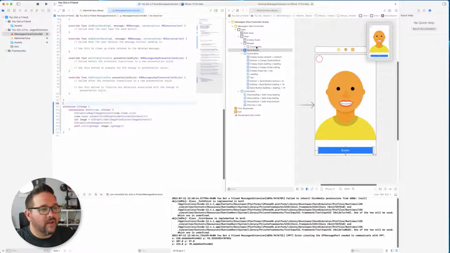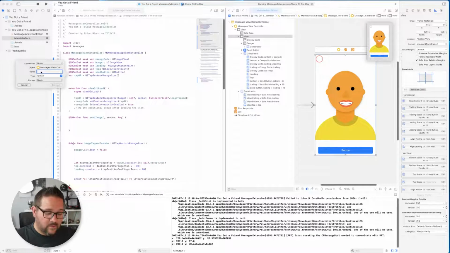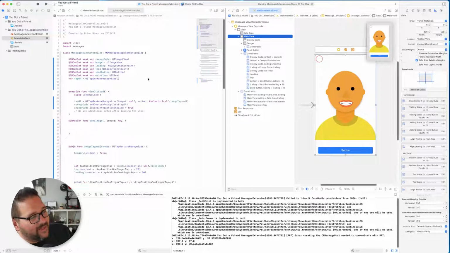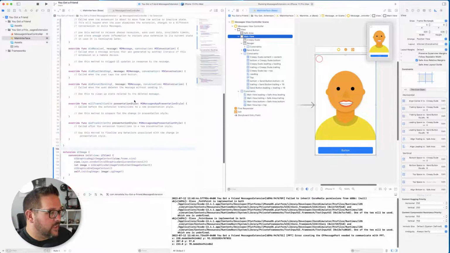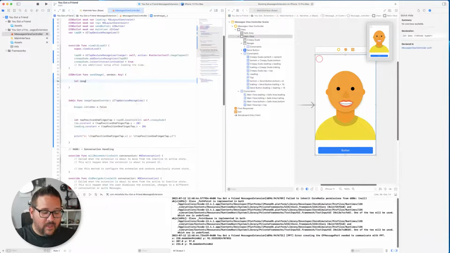Okay, I need to actually make this view an outlet. Main view. Because my naming is on point. Not really. Okay, so we got this image extension that takes a view and should convert it into an image. So when they hit the send button, we're going to say let image equal